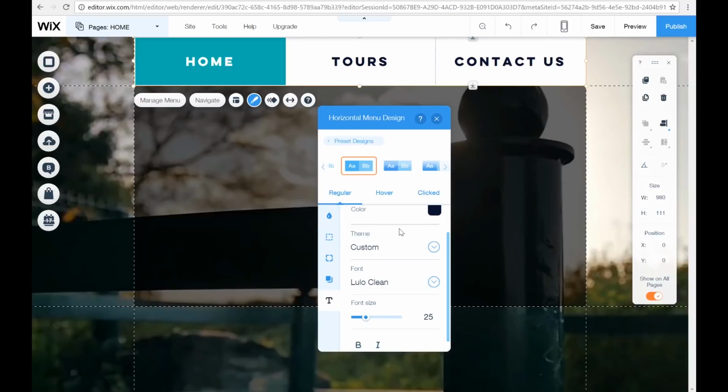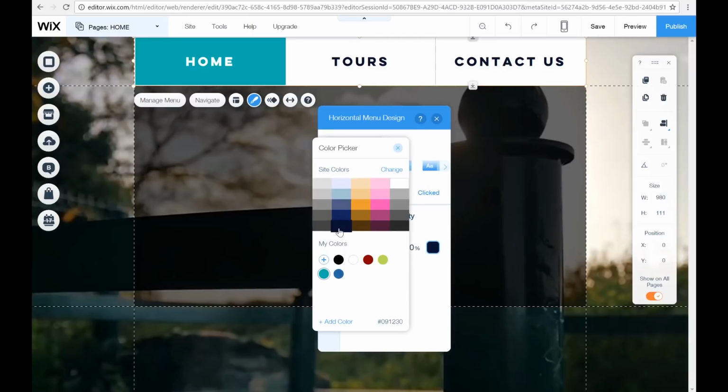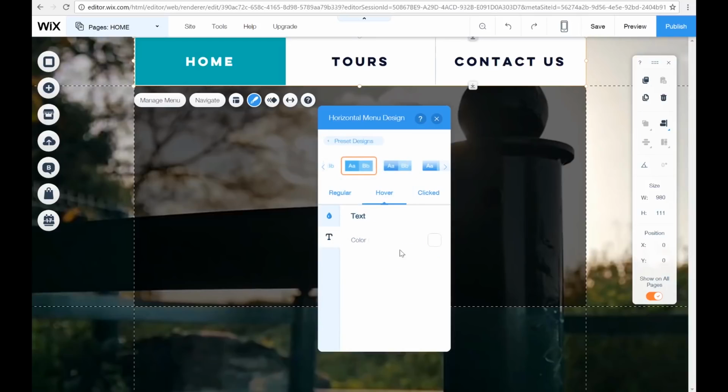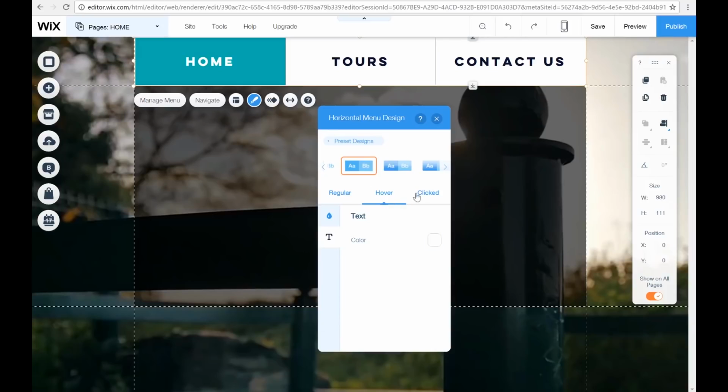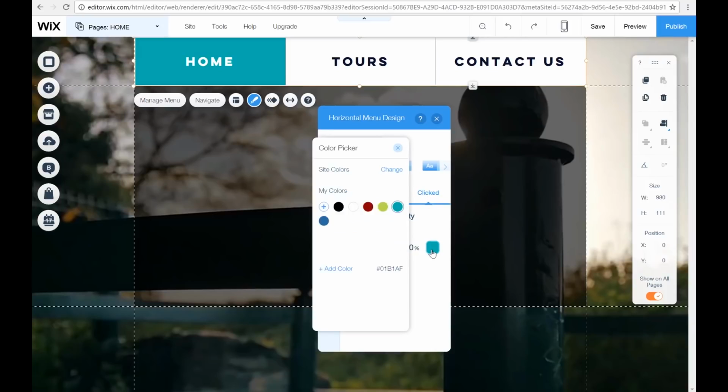Okay, so that is the regular covered. Hover, we want our hover button to be the same color as the text on the regular, and the text to be white. Going on to the clicked section, we want the clicked background, and as you will see, this will change.